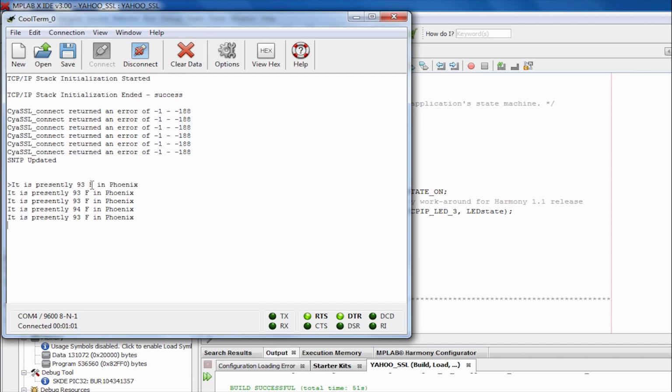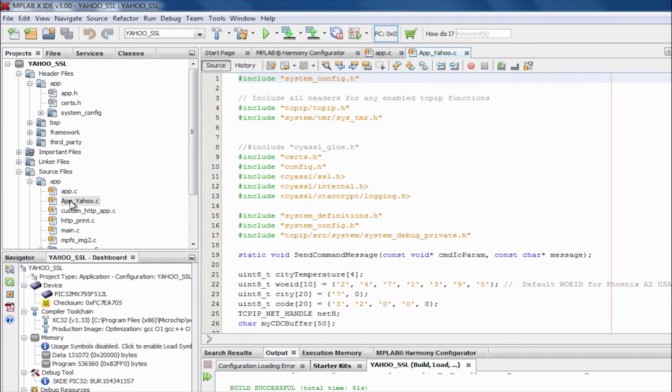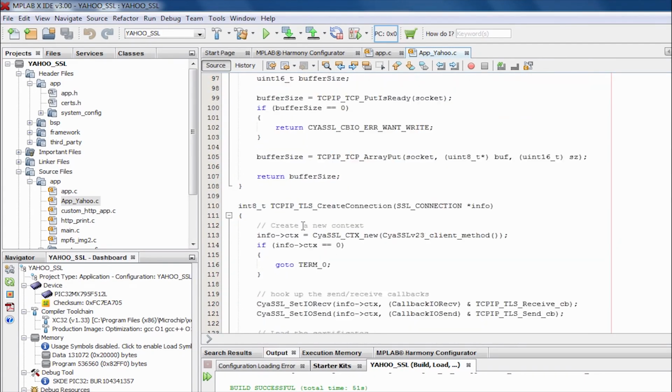So if for some reason your SNTP application is blocked by your firewall, you will keep getting error -188. In order to prevent this, you can actually turn off the certificate validation. So if I go back into MPLAB X, open the file app_yahoo.c, and scroll down to the function that is called